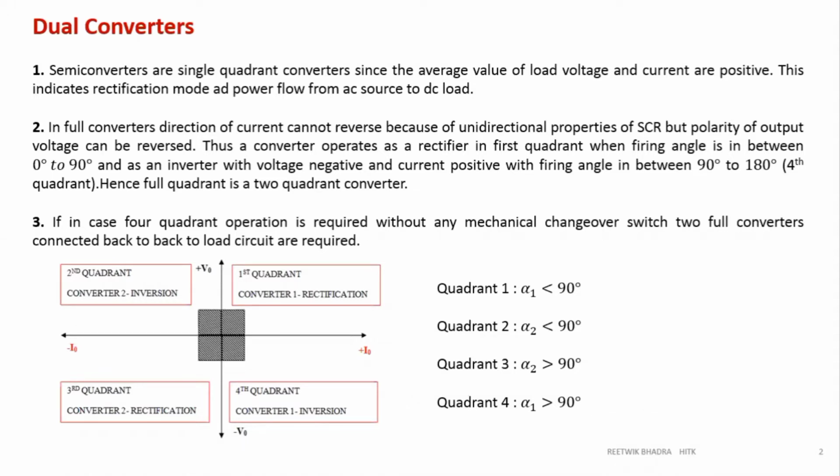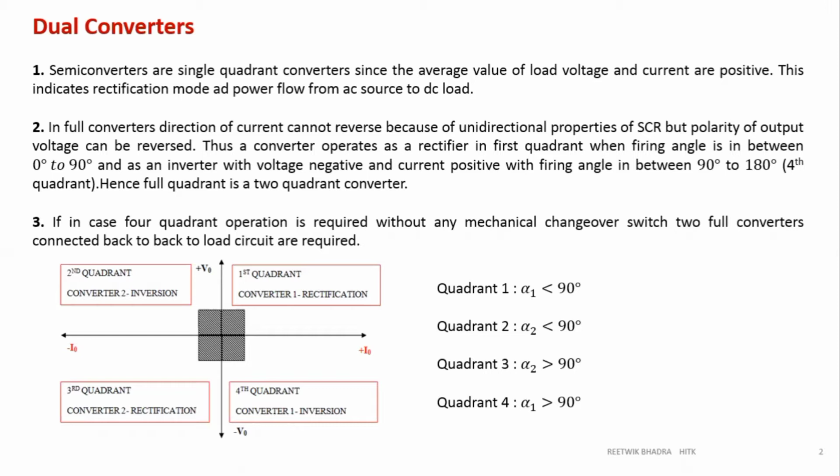One is the full bridge converter, one is your semi converter, and one is your midpoint converter. All these had different advantages and disadvantages, and we had talked about them. Now, if you consider a semi-converter, what was the advantage, or how was it operated? It was operated for RL load because we did not want the negative portion, and we wanted the freewheeling action to be inbuilt within the converter itself. We didn't need to add any freewheeling diode. So that was a very good advantage of the semi-converter.